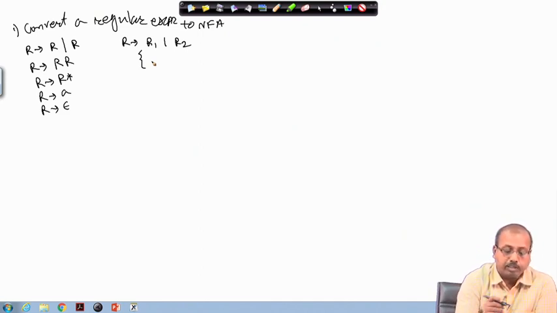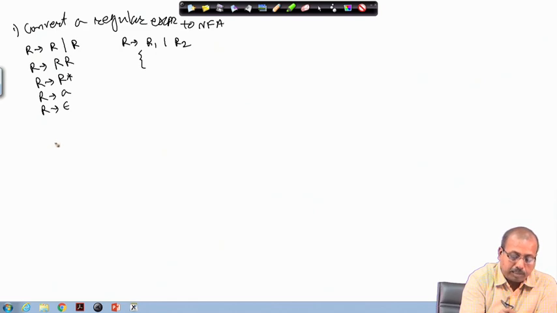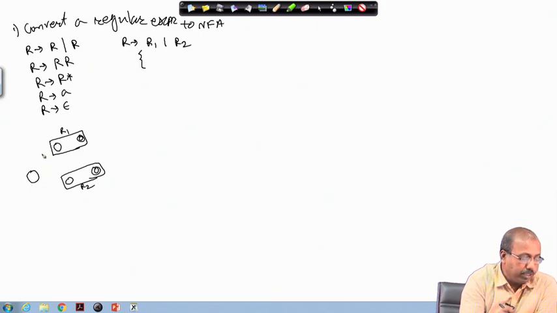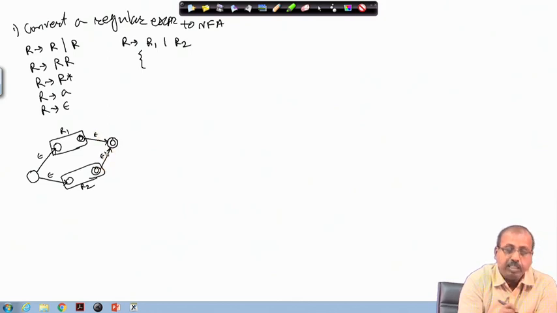For the rule for this, if I have got a regular expression for R1 and a regular expression for R2, each has got a start state and a final state. This is for R1 and this is for R2. Now, if you look into this construction, it says that you have to have a new state and add some epsilon transitions to them. And then you should have another new state which will be called the final node, then you will be adding epsilon transitions from here. So, this is the action to be done.